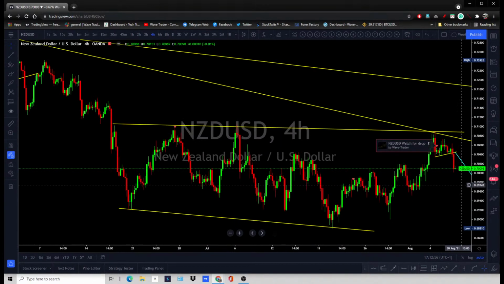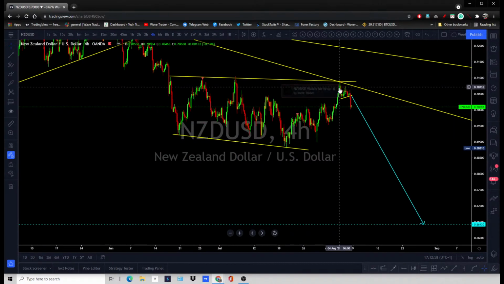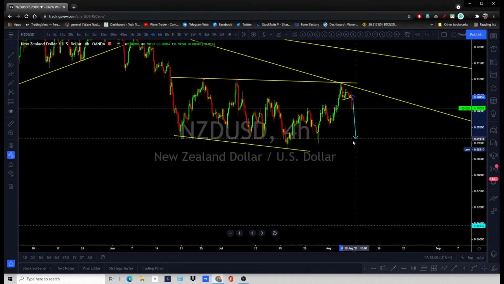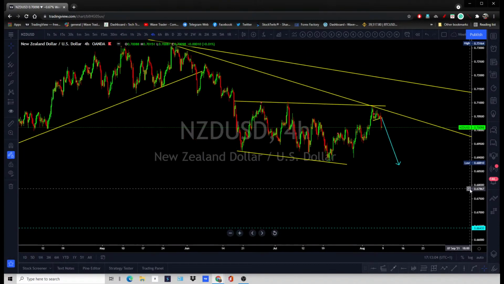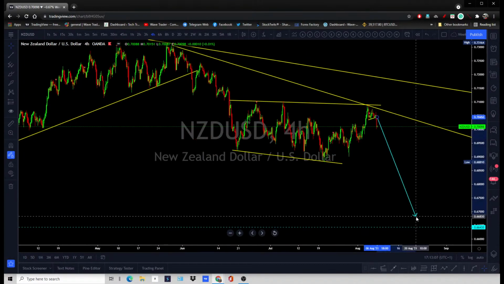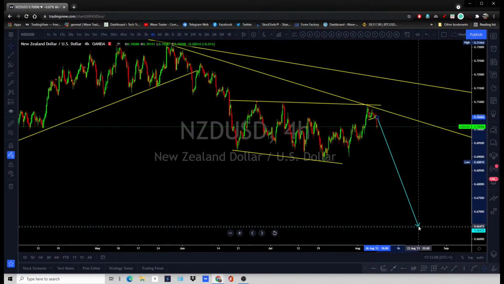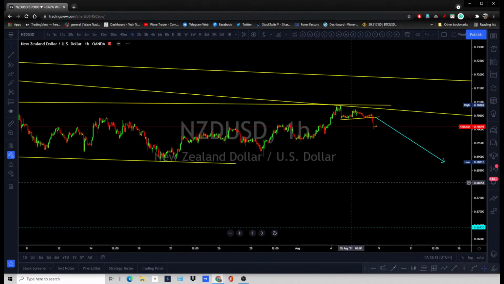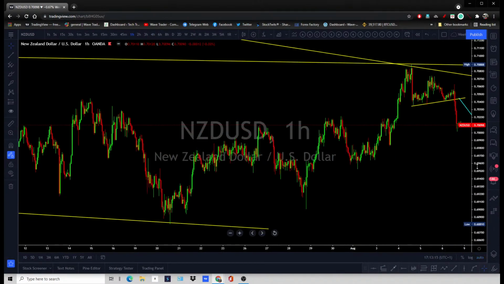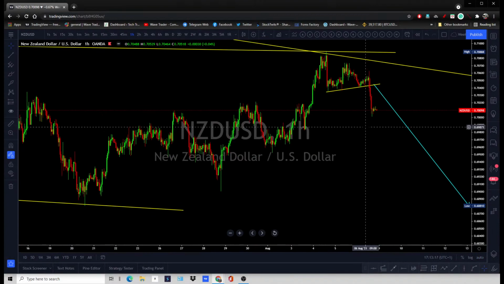So if I look at this chart, first of all you're looking for this to drag all the way back to that low. And if the move is really sharp, then it could go all the way up to the 650 areas. But your first target is these areas. So you're looking for that to drag lower. So yes, you can still chase the bearish move on this.